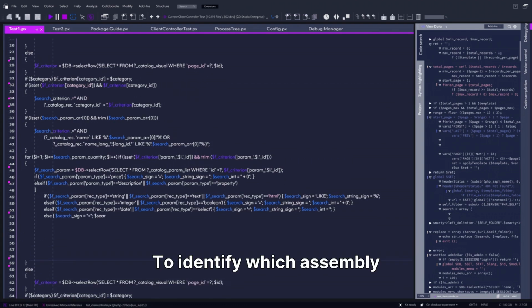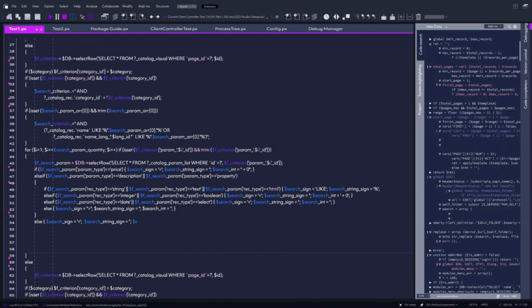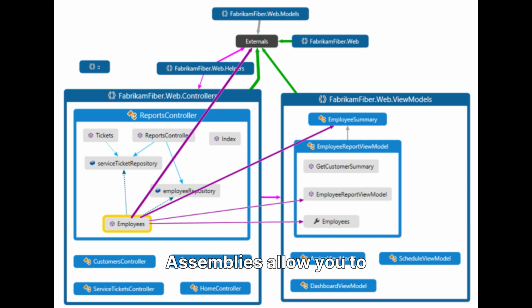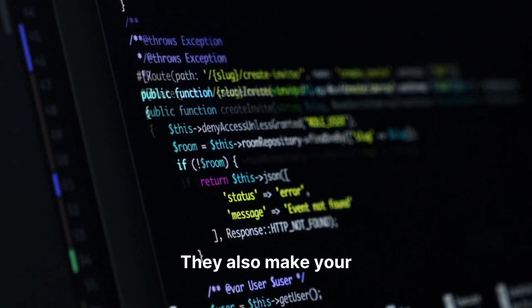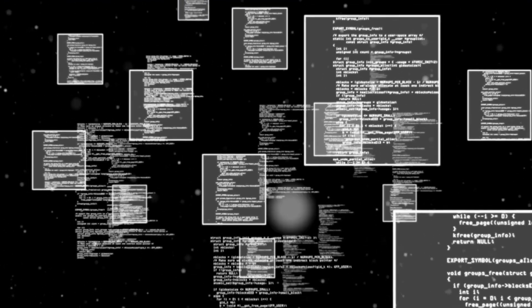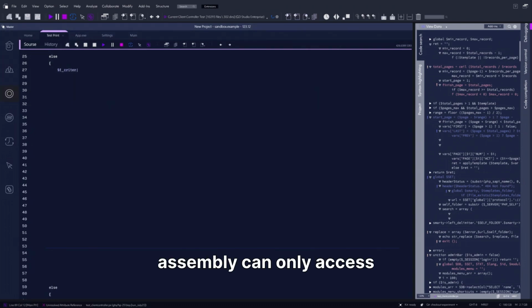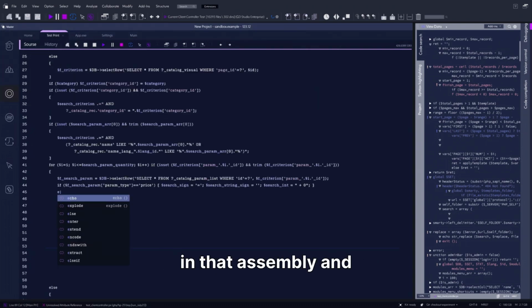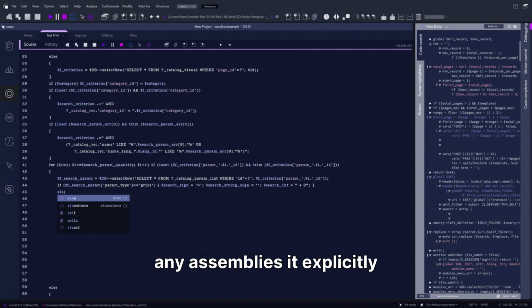To identify which assembly a script belongs to, select the script in the Unity project window and view its properties in the inspector window. Assemblies allow you to think clearly about the architecture of your code, helping manage dependencies and reducing unnecessary recompilation time. They also make your code easier to debug. Assemblies help enforce encapsulation and modularity in your code. Code in a given assembly can only access the types and functions in that assembly and any assemblies it explicitly